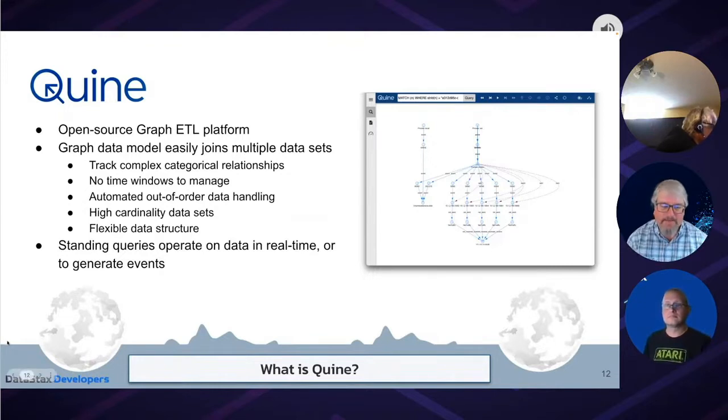So things that have a lot of different variants inside of the same cell, say inside of a spreadsheet. So that we do, and we've tuned everything to be done at real time. And then on top of the graph, or inside of the graph, we also have a query engine called standing